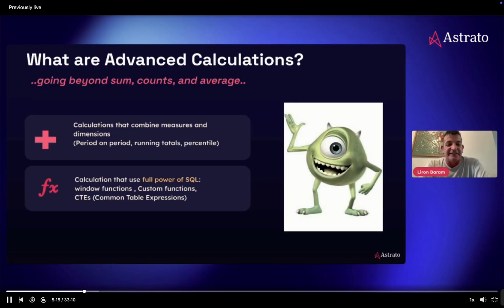And the reality is that doing those advanced calculations when you're dealing with data in the cloud or SQL requires moving into much more full-power SQL, including some things that might seem very scary, like window functions, custom functions, common table expressions, and nested queries. So you might think that it seems very scary to run advanced calculations,